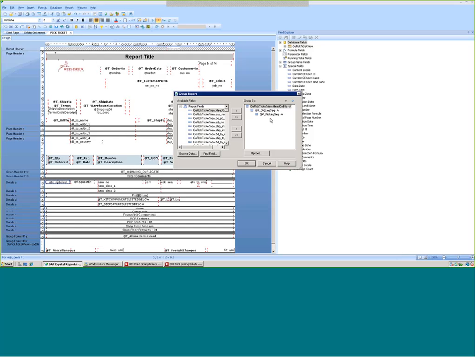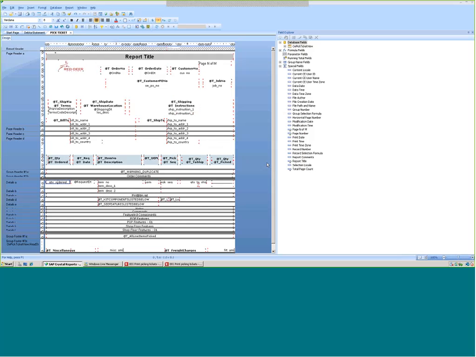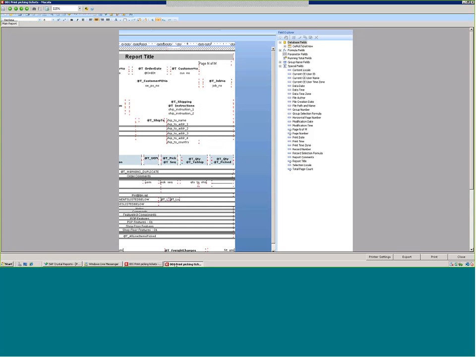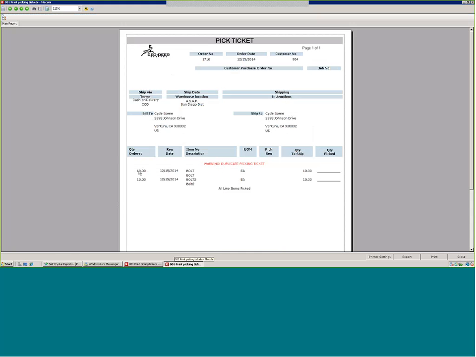You'll find that if you have picking sequence as part of your setup, it will put it in that picking sequence. Right here under quantity ordered, it's showing decimals. If I don't want that,